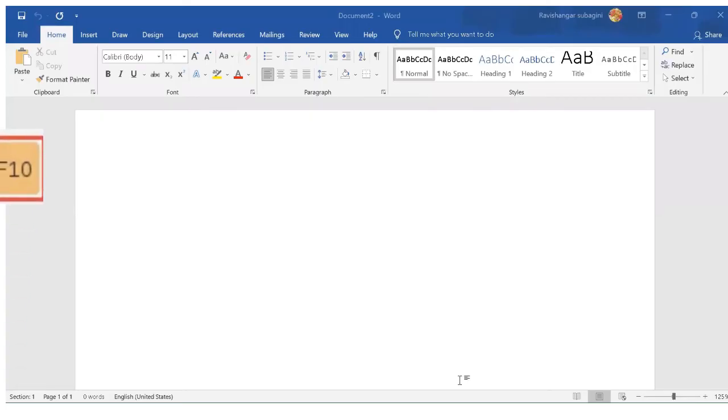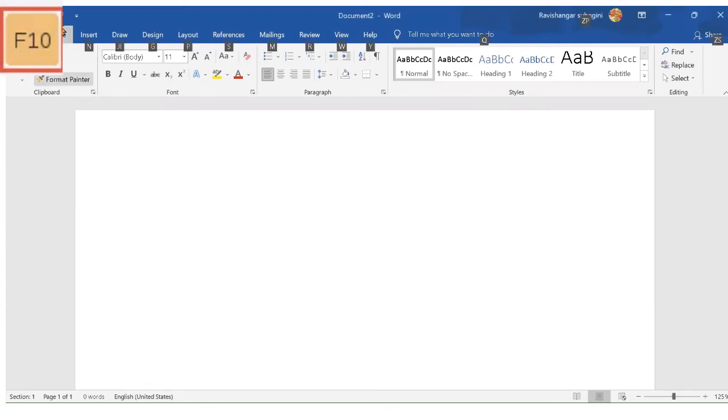There is no specific function for the F9 key. So let's learn about the next key. Next key is F10. In Microsoft Word, when we click F10, the menu bar will get activated. The bar next to the title bar is the menu bar.